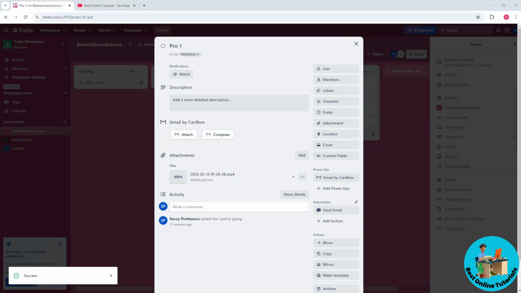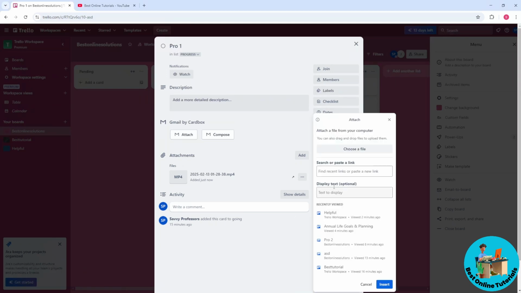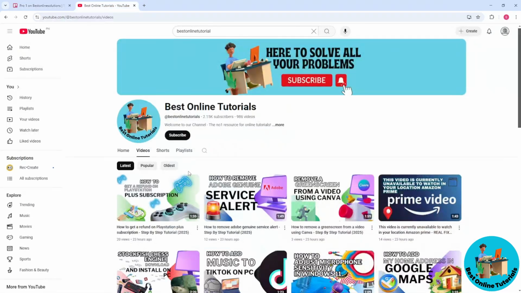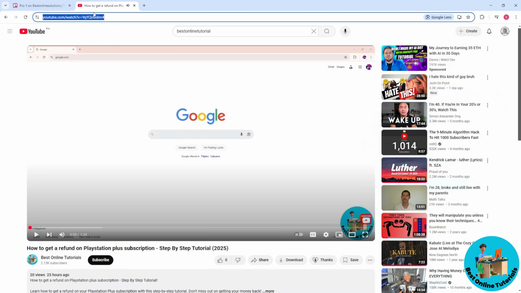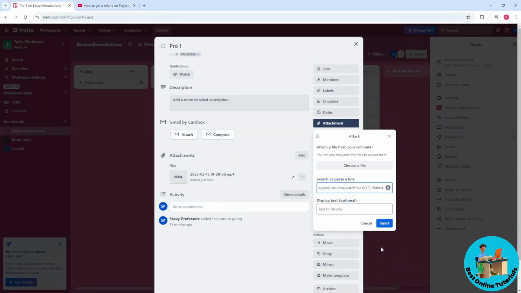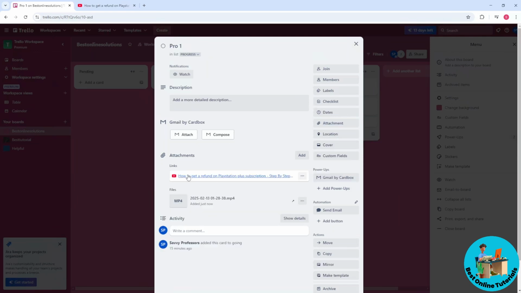And another option to save your videos in Trello board, just simply go for the attachment and provide or paste a link over here. So I'm gonna go to our channel and use this one as an example, and after that copy the link and paste it over here, click on insert, and we should be able to